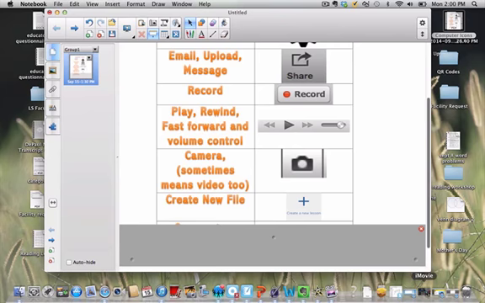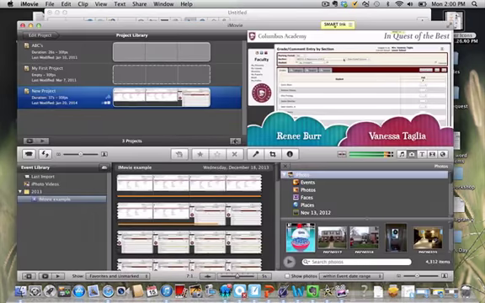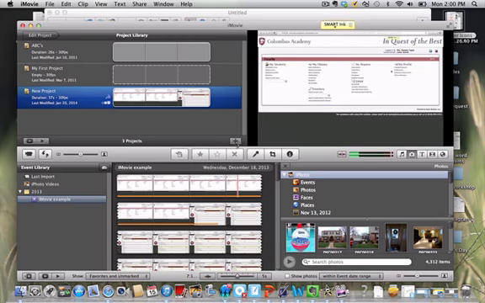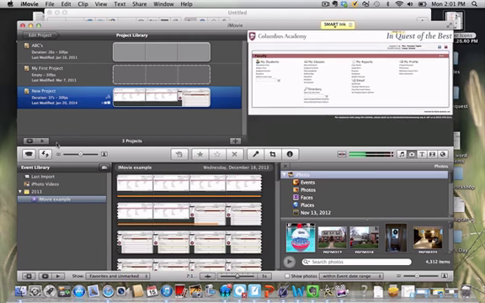These come together in the iMovie app. You'll notice that we have a plus sign here in our projects area that shows how to create a new project. We also see play buttons that cue us